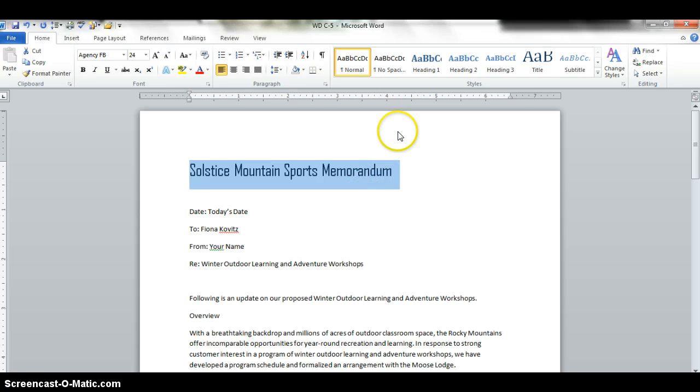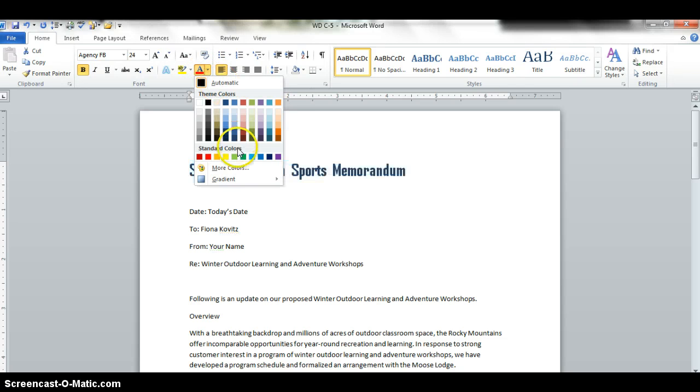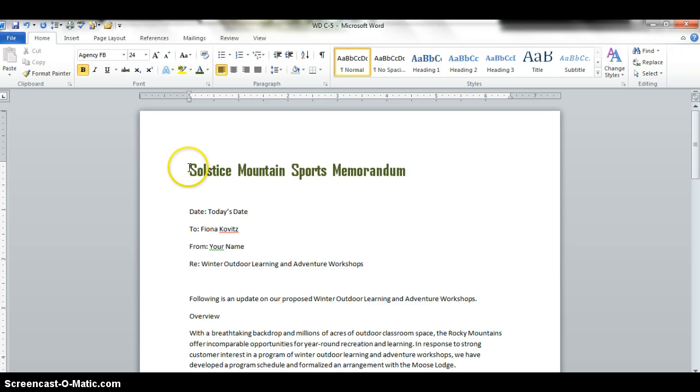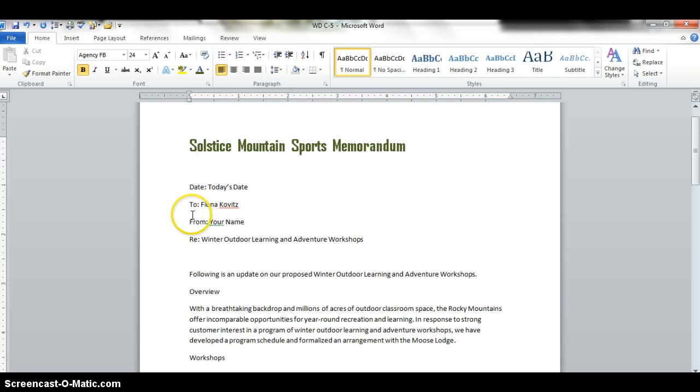And then what I can do if I want other changes, I can make it bold, because aren't titles normally bold? Okay, I can change the color. This is about sports, so how about let's do green, just thinking outside in sports. I can do anything I want to this to make it more interesting. I can also, the very first paragraph, or wherever you might possibly want it, I can do what is called,